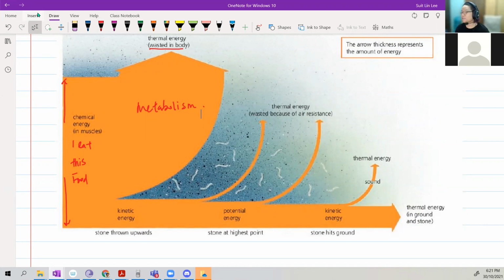So let's say that in the few seconds that you throw the ball, that 1 or 2 seconds, your body already uses a lot of energy to maintain your body heat. Metabolism. Fun fact, your friends who are very thin and eat a lot, but still thin, they always sweat a lot. You may think, teacher, I also sweat a lot because I'm very fat. Yeah, that one you sweat a lot because fat is a very good insulator. But skinny people also sweat a lot, especially those who eat a lot. Their metabolism is very high, because their body runs through the energy very fast.